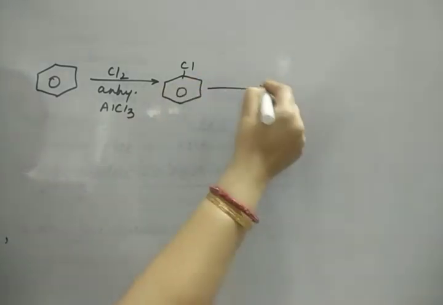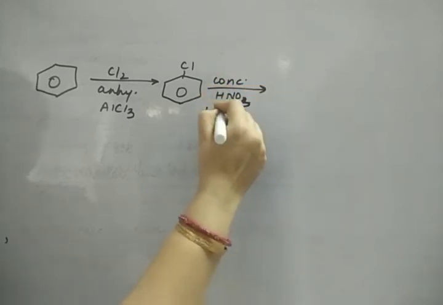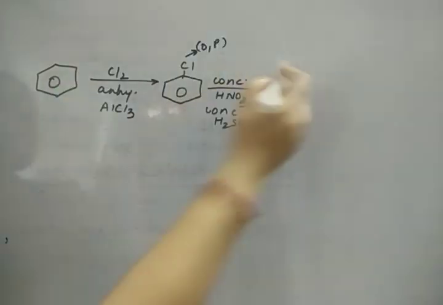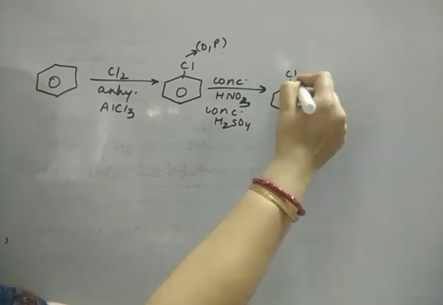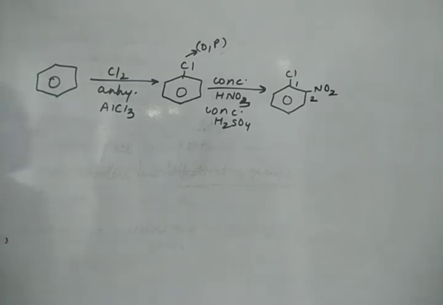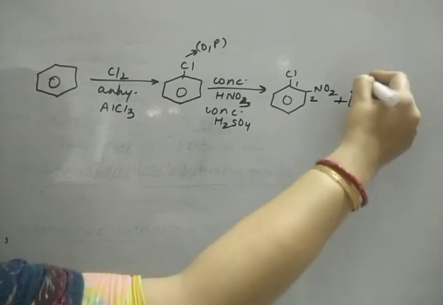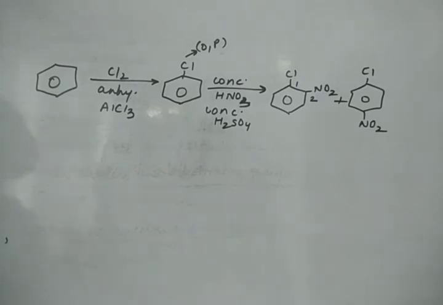Now the next is we are doing nitration. Okay, so the attacking reagent is NO2. So where the NO2 will be attached? Now halogens are ortho-para directors. So what is the directive influence? Ortho-para directors. So they will direct the next group to ortho. Now what is ortho position? 1,2 position is known as ortho. So first product that I will get is ortho and the next product that I will get is para. Okay, so I will get two products, ortho nitrochlorobenzene and para nitrochlorobenzene.